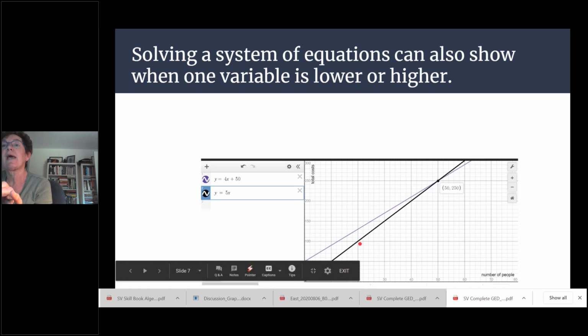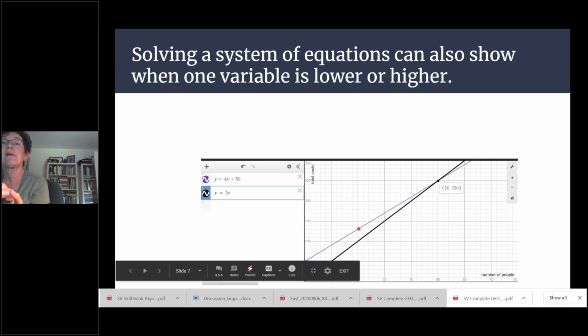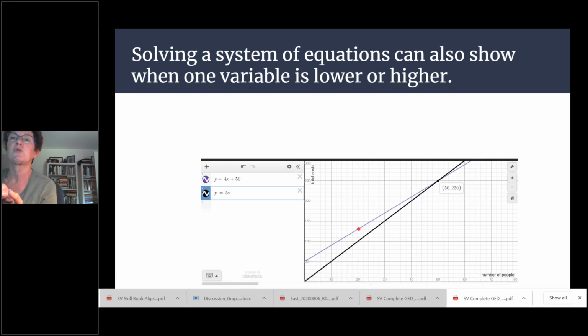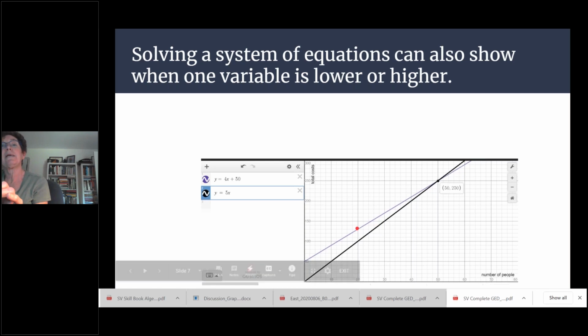So look at this. When x is 20 here, for Diamond, the total cost, when the number of people is 20, the total cost is $100. But when my number of people is 20 for Kathy's, my total cost is $130. Yep, $130. So even though the x's are the same here, 20 and 20, my y for this top equation, this purple equation, which represents Kathy's,